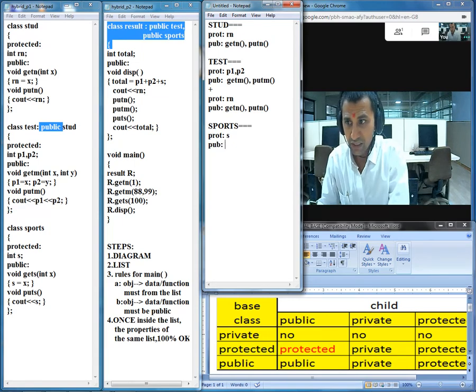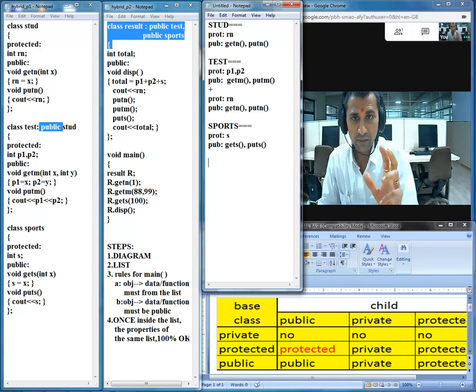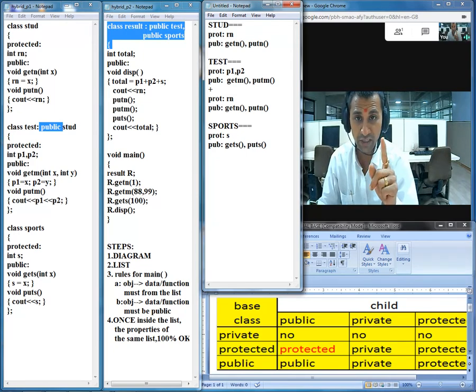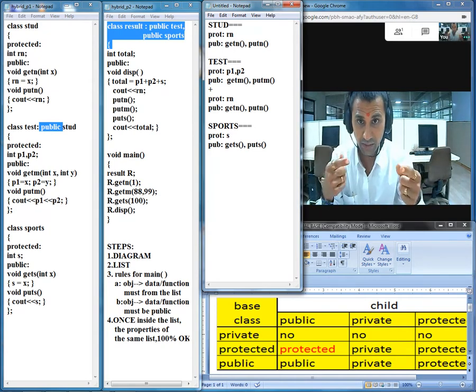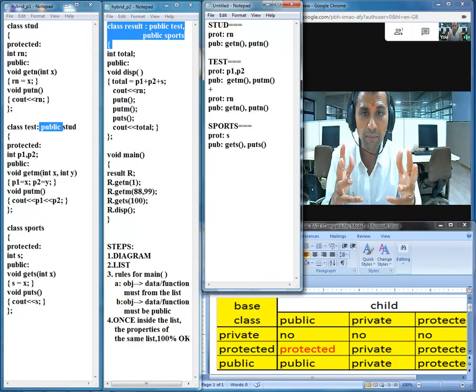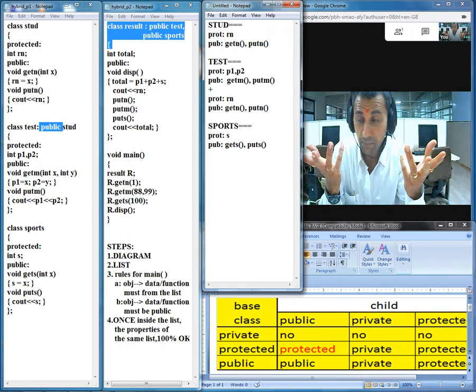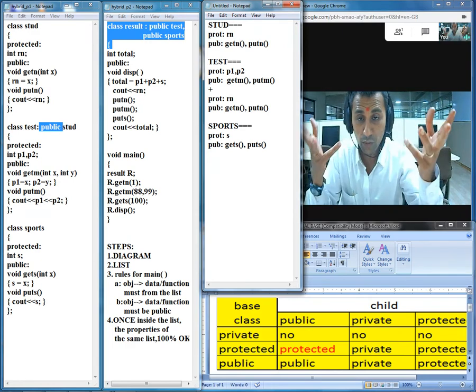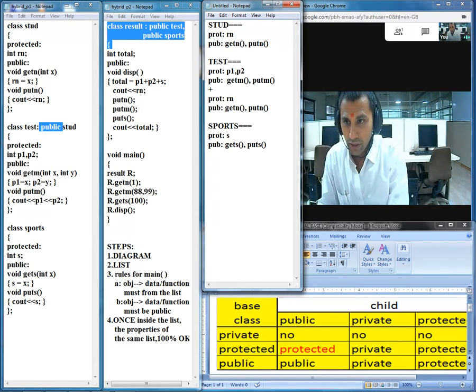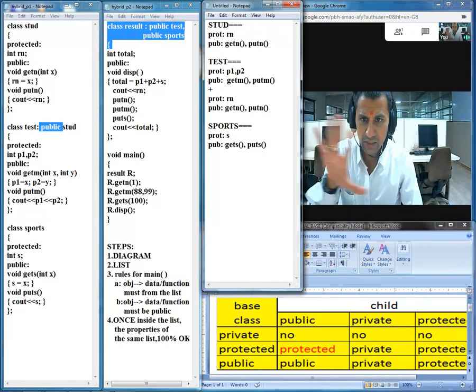In the public section we have functions get s and put s. I have tried to keep it as compact as possible, because our focus right now is to keep track of the variables and functions and where exactly they are stored, that means whether they are private, protected or public. Depending upon that, we will be able to call them from the main function using the objects. So class port is out of the picture.